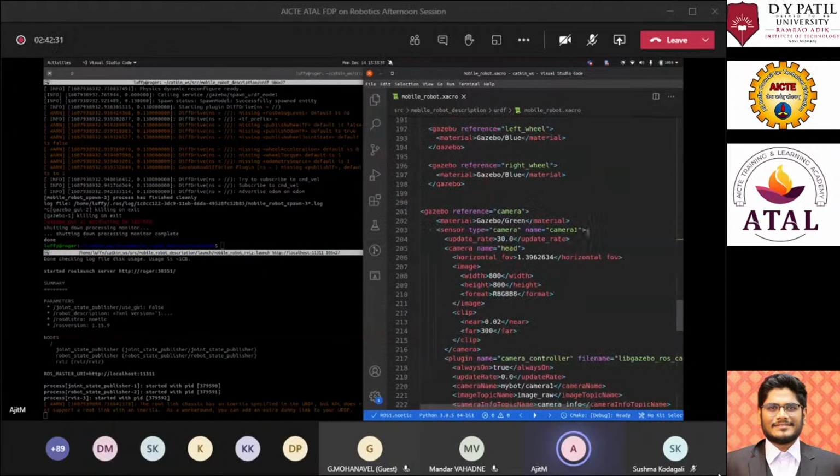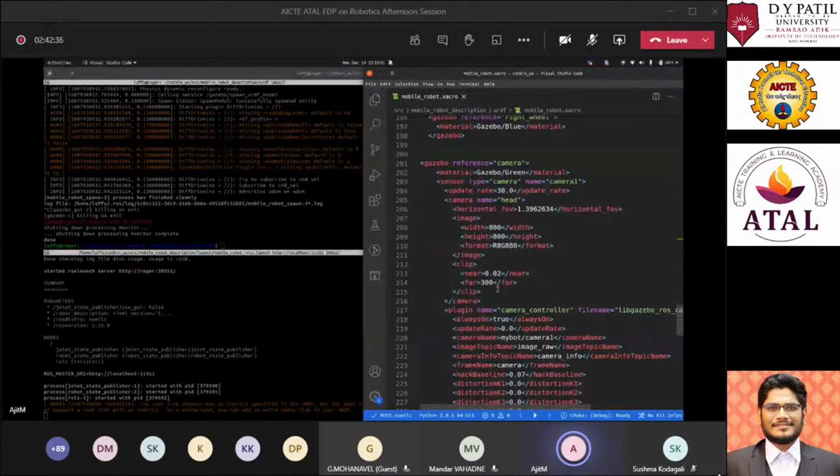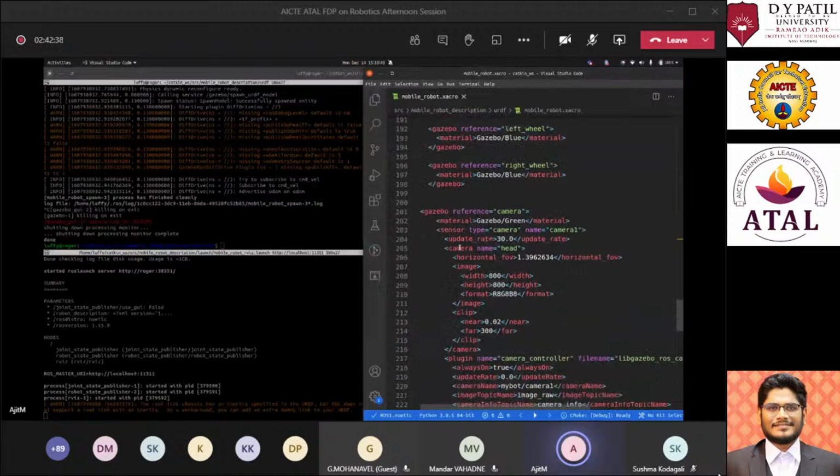This is the camera library which is provided by Gazebo. How to add a camera to your robot: I have defined the camera properties.